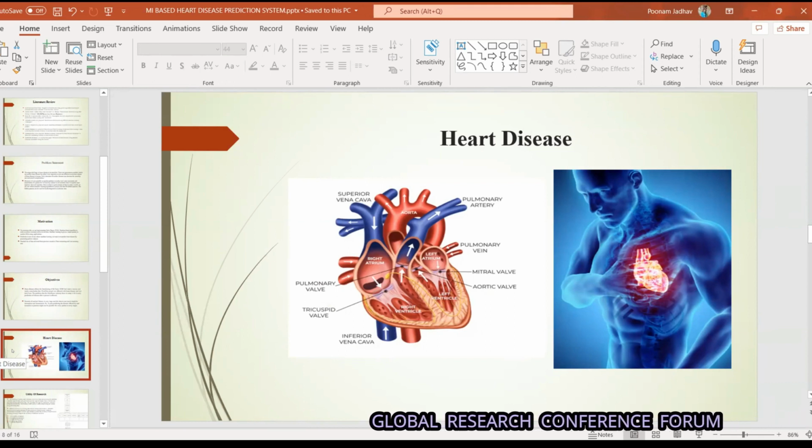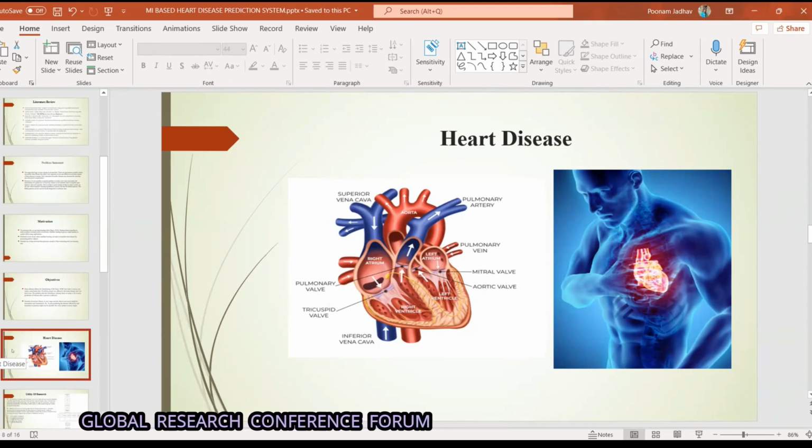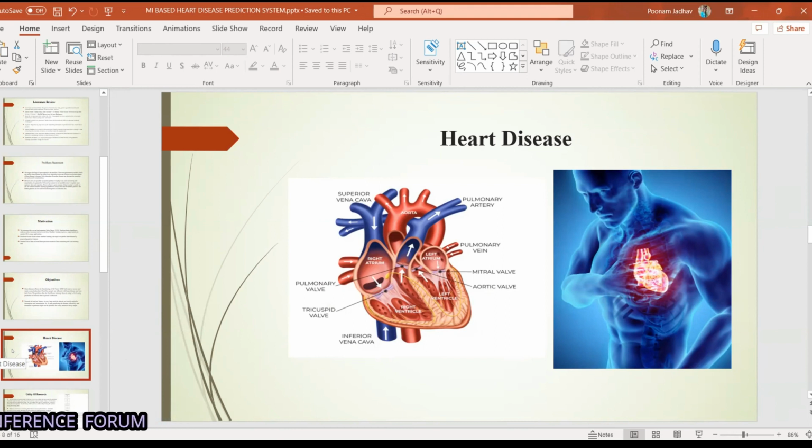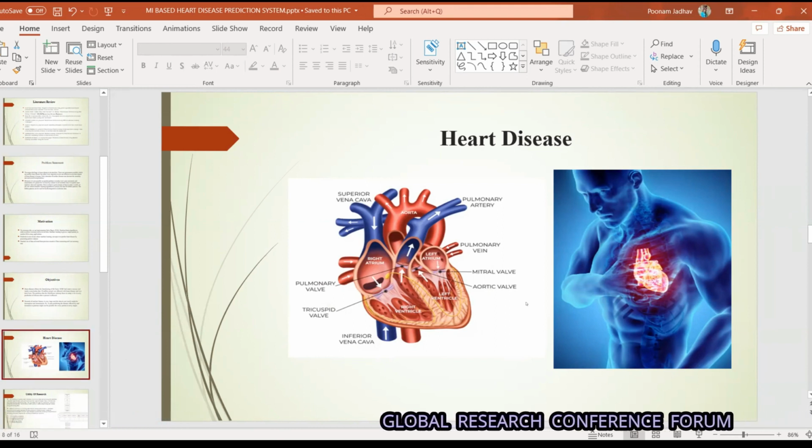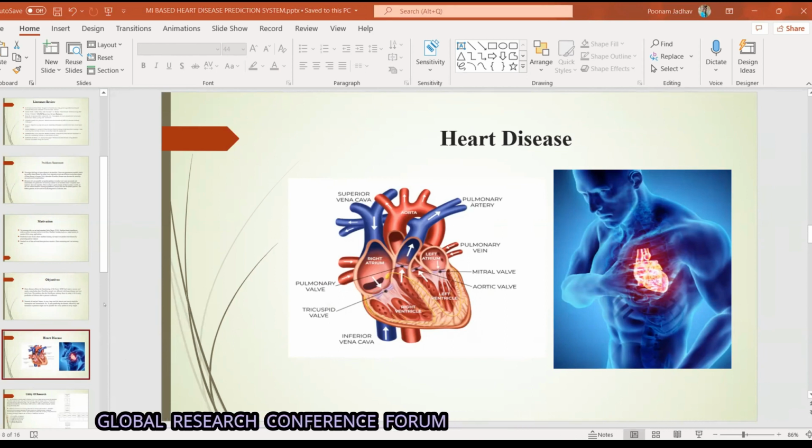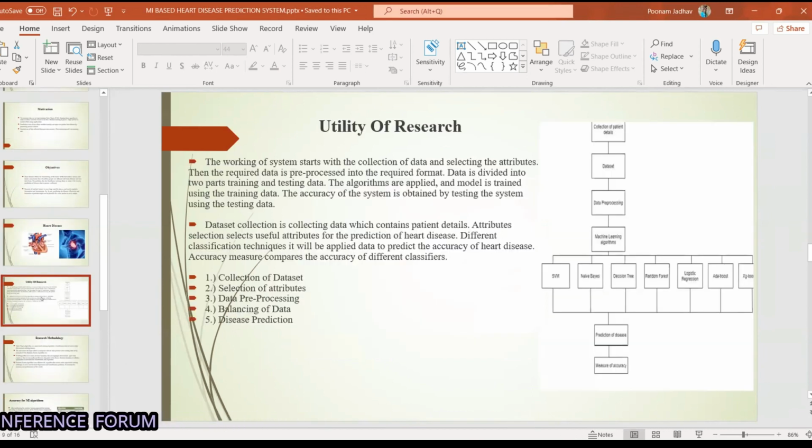So we are collecting the sample of data, and with the help of the sample of data, normal doctors will also be able to identify which heart disease will be predicted here. Then the next one is the utility of